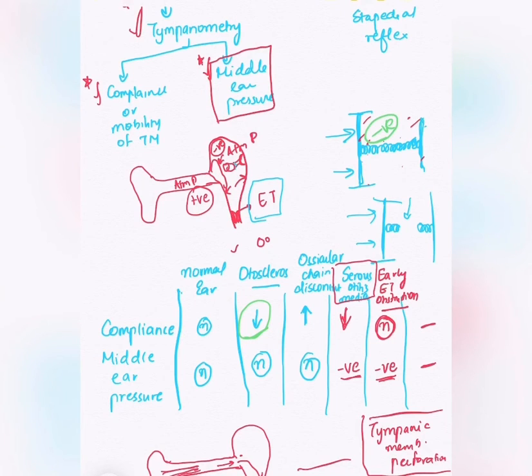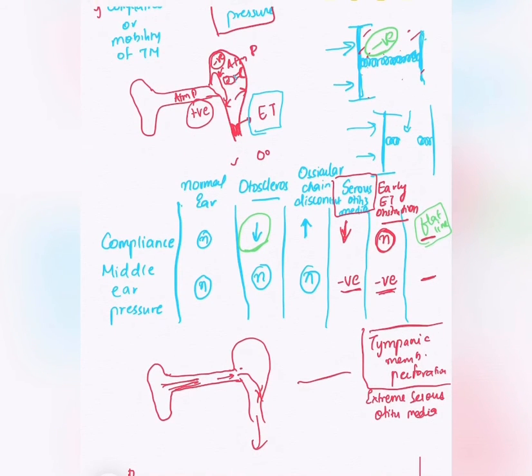Now there is the last curve, that is when you don't get any reading, then you get a flat line in the tympanometric graph. Fine, so when the tympanic membrane is perforated or when there is extreme serous otitis media, there are two conditions. Whenever there is a tympanic membrane perforation, then what happens is